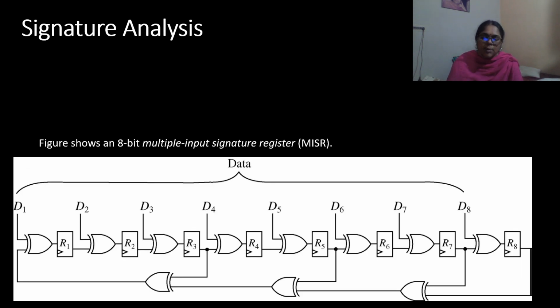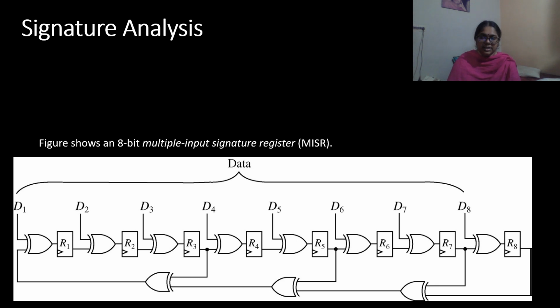A signature corresponding to the output sequence produced by the circuit under test is usually created by feeding the sequence serially into the feedback line of the LFSR via an additional XOR gate. A signature can also be obtained by feeding a subset of the output sequence in parallel when a multiple input signature register, in short MISR, is used.